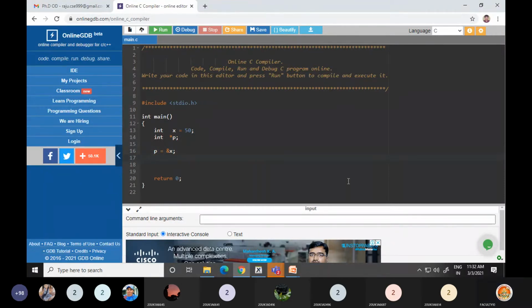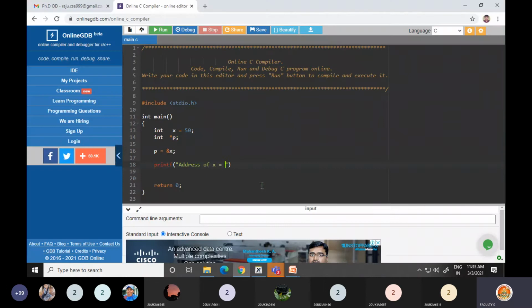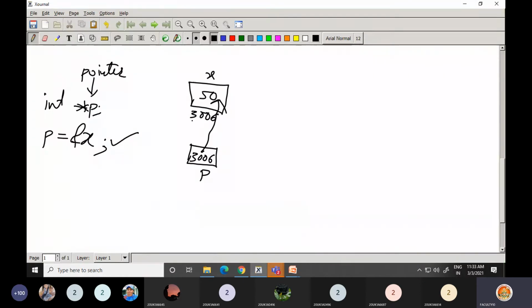Now see different ways of printing the value. Now I can print address of x equals to, so this variable x's address I'm trying to print here. In the system the address may be different. Here I assumed only 3006.